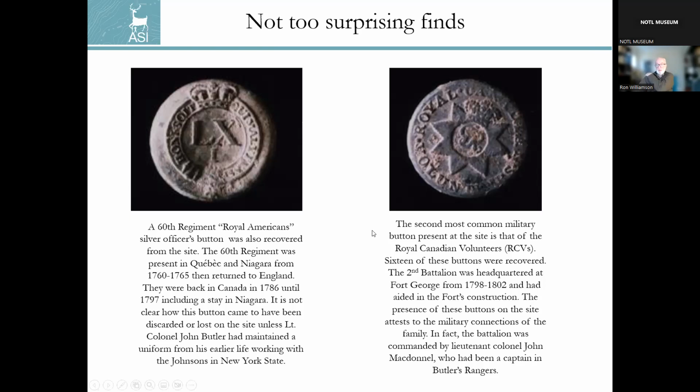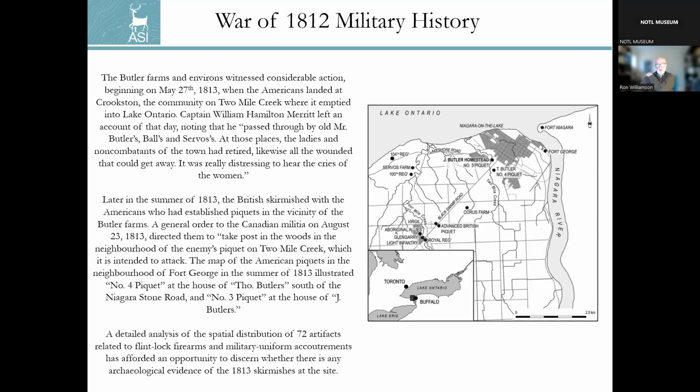So it speaks to the military connections of the family. And the battalion, as it's noted here, was commanded by Lieutenant Colonel John McDonnell, who was a captain in Butler's Rangers. So following up, talking a little bit about the War of 1812 military history reflected on the site, there was considerable action in this area in 1813